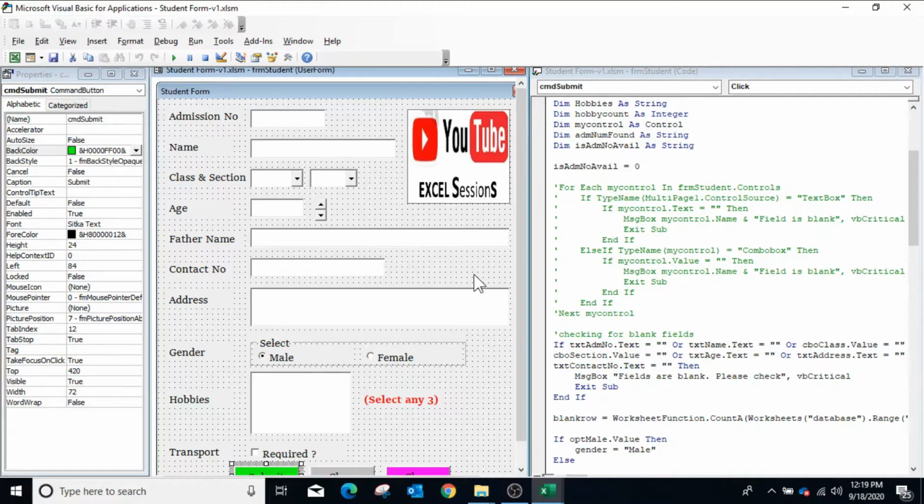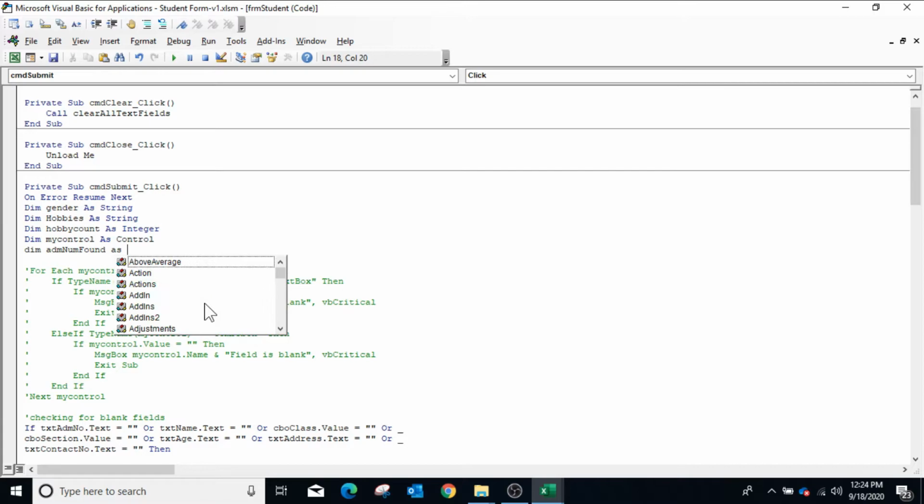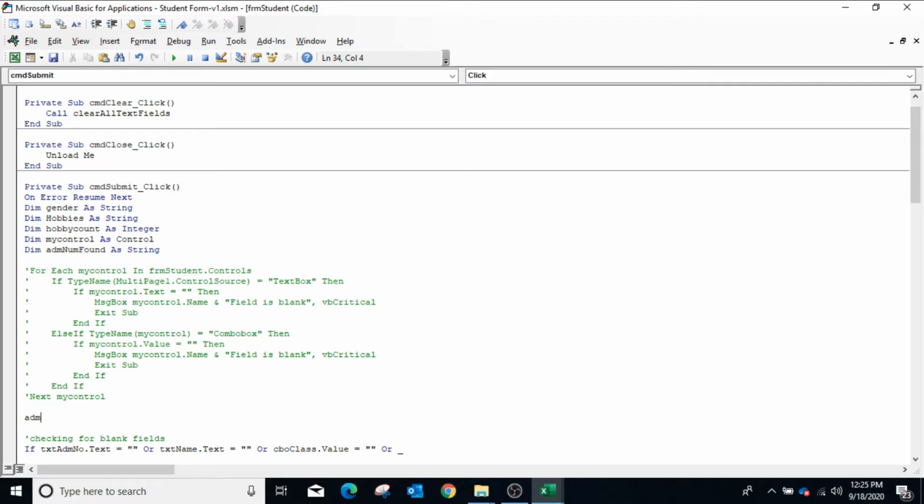Now let's start with addition of one more validation in the user form. To avoid adding duplicate admission number in the database sheet, in the click event of the submit button, declare a variable dim adm num found as string. Now we will use VLOOKUP function to check if the entered admission number exists in database. Type adm num found equals to worksheet function dot VLOOKUP